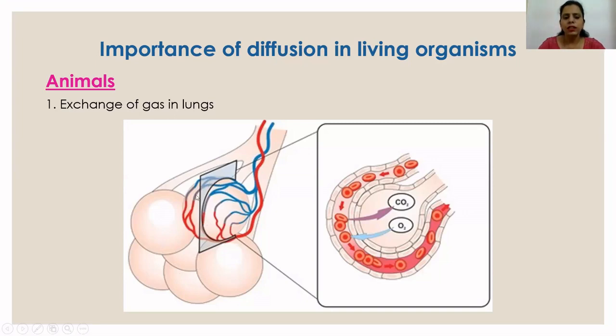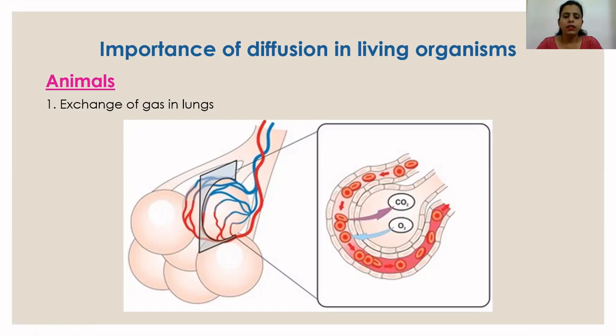So these alveoli are completely covered with the blood vessels. Okay, here the enlarged image is given. So each alveoli is covered with blood capillaries. Okay, now when we inhale air, the air which is filled inside alveoli is rich in oxygen gas, and the blood which is present in the blood capillary around alveoli is rich in carbon dioxide. So what happens is, in lungs, exchange of gas takes place.